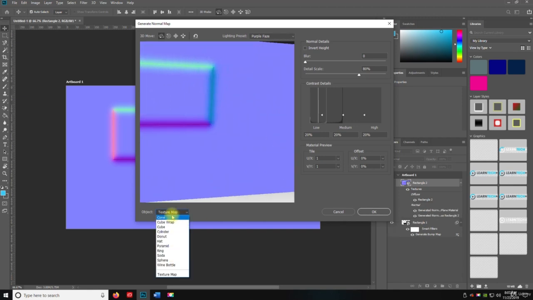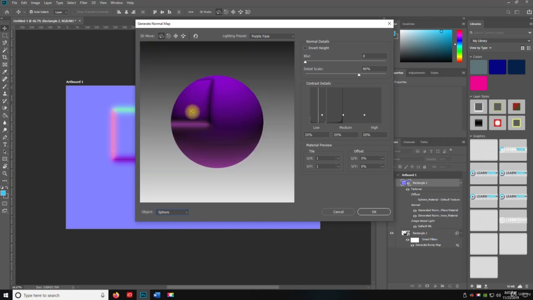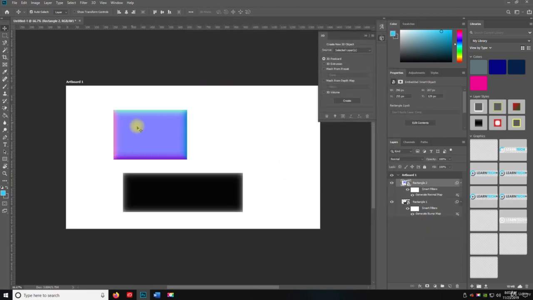Okay, so I want to keep it within the realm of like the sphere for this example. Let's just go back to sphere and then hit OK. So you can see what it looks like. So now we added this effect, this filter in there, and